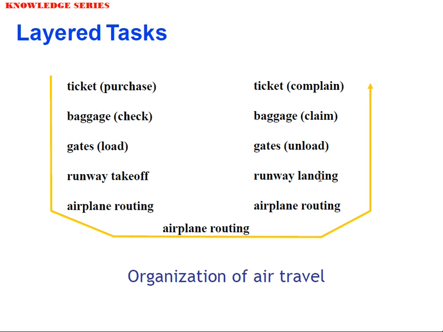air travel. Assume that you are traveling by an aeroplane, and for that you follow this path. You start from your home and reach the destination. Your aim is to reach the destination, but you have to pass through several layers. After performing each layer, it is just like you are encoding that part, and finally when you reach the destination, you have to decode all the layers so that you can reach the